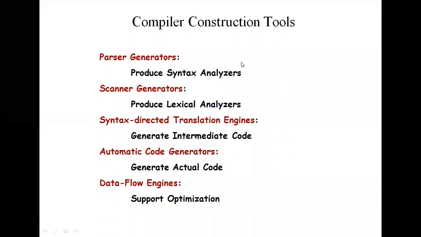Now explaining today's concept, that is compiler construction tools. Here we have 5 construction tools. If all of you see the slide that I shared with you, the slide consists of the name of the concept, compiler construction tools, and here we have 5 tools. One is a parser generator, the second one is a scanner generator, the third one is a syntax directed translation engine, the fourth one is an automatic code generator, and finally the fifth one is a data flow engine.